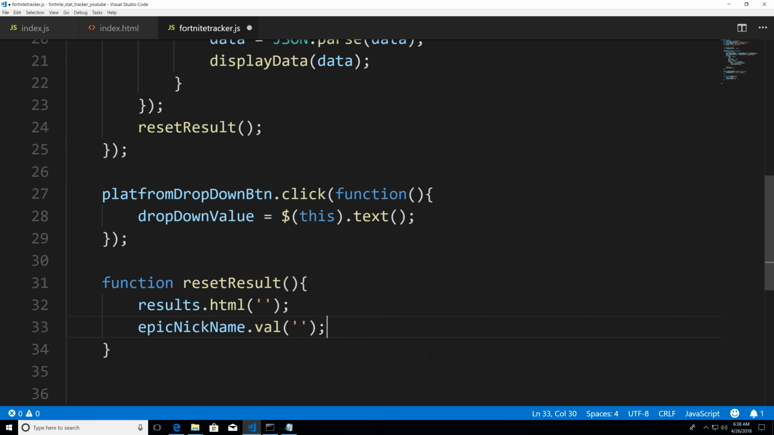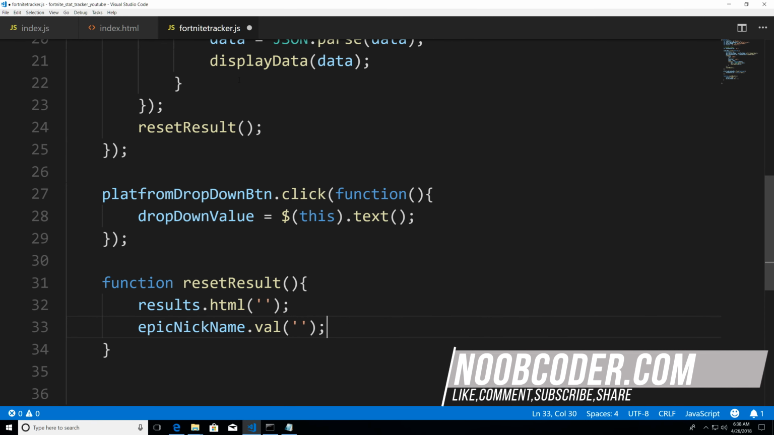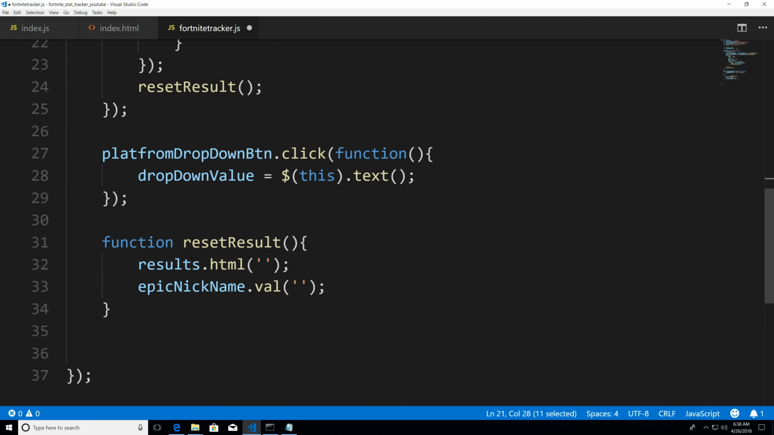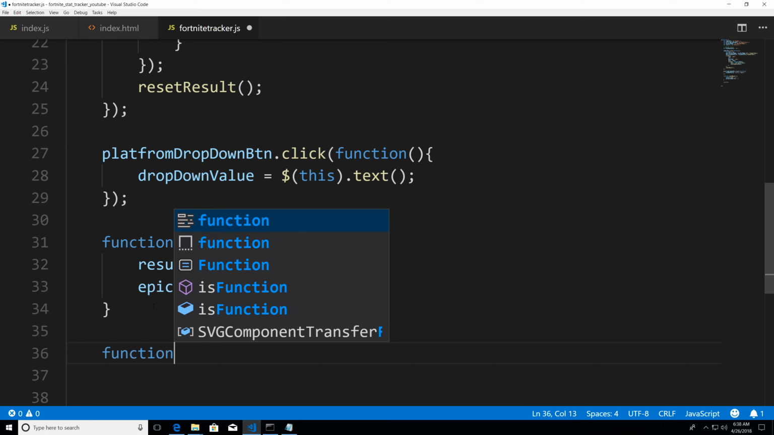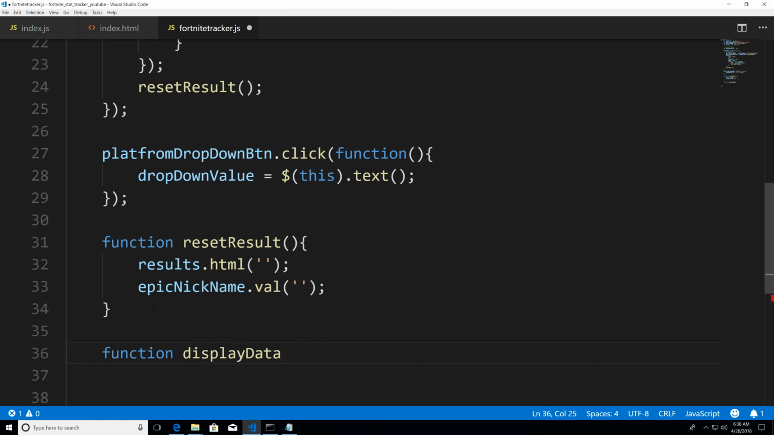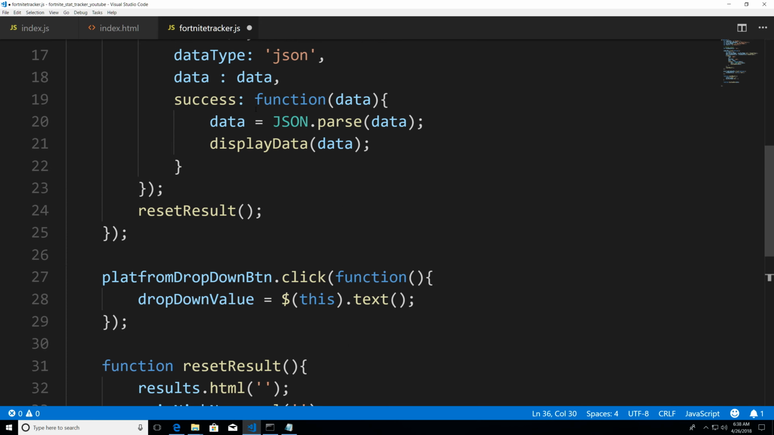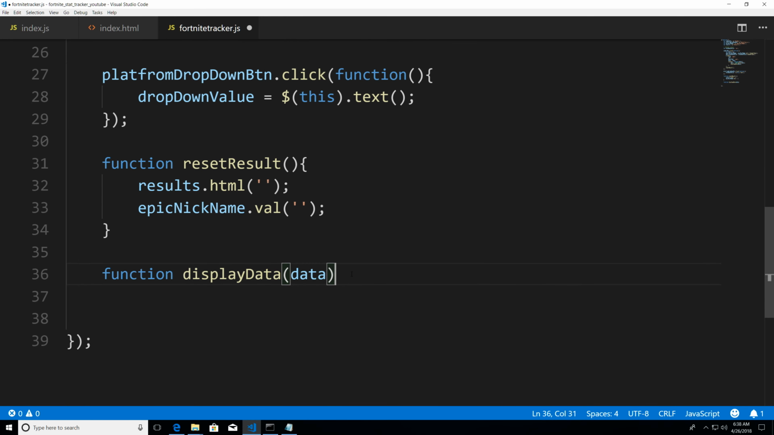And now the last thing we need to code is our display data. So I'm just going to copy this. And we're going to say function display data, pass in the data. And we passed in the data from our success call. And now all we need to do is actually display the data to the user. Now this is going to be a major pain in the butt because we're doing it in jQuery and we're not using any templating language, I suppose. So I'm just going to say var epic user handle. It's going to be assigned data.epic